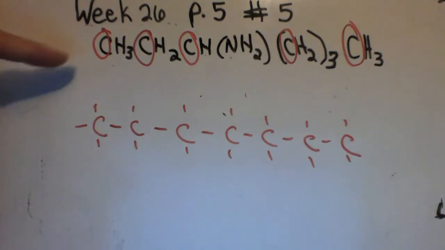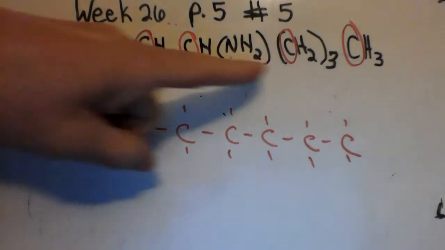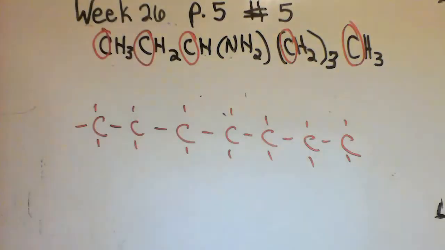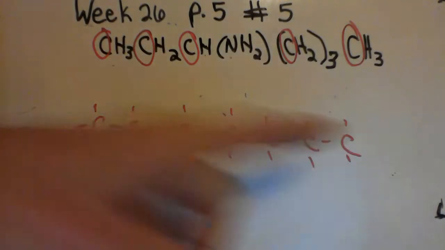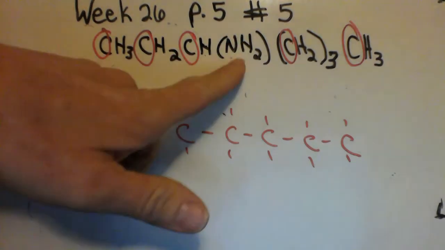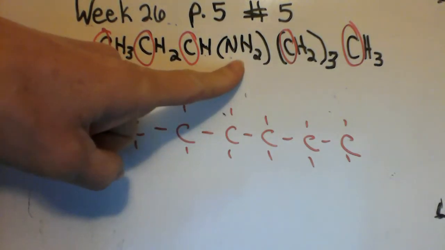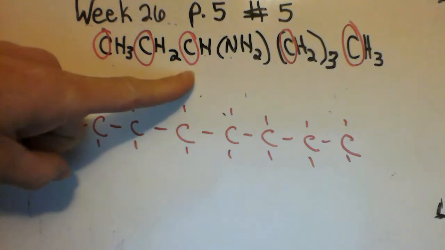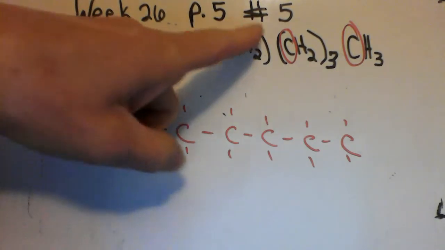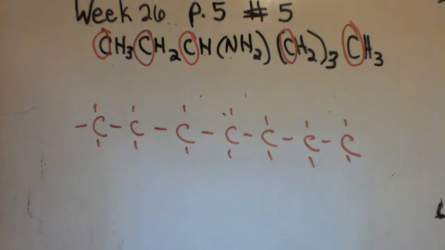So if we count the carbons, we see 1, 2, 3, 4, 5, 6, 7. So I've made a 7 carbon chain here. This nitrogen is not in the middle of the carbons. The nitrogen is attached at the side, and we know that because 1, it's in parentheses, and 2, if the